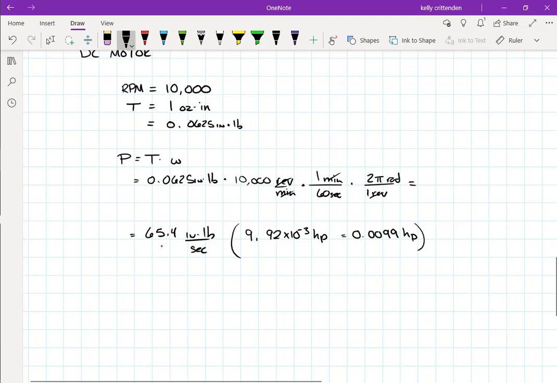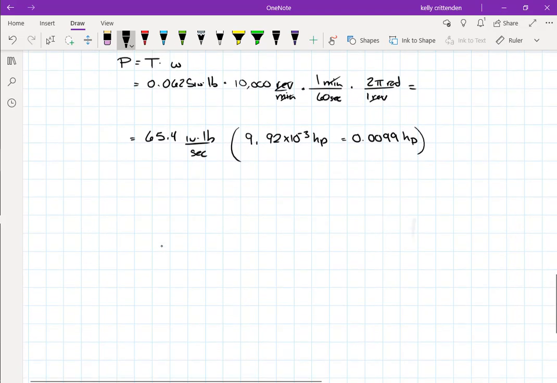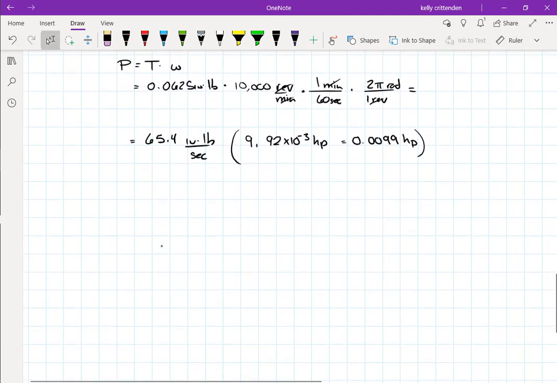I mean, it depends on what you're doing. Is it a little car that you're attaching this motor to its wheel? 10,000 RPM is probably way too much, and your 0.0625 inch-pounds of torque is probably not nearly enough to move the thing. Most of these things, you have to gear this 10,000 RPM down to a slower speed. And so what you might do is, if you have your power equation, power equals torque